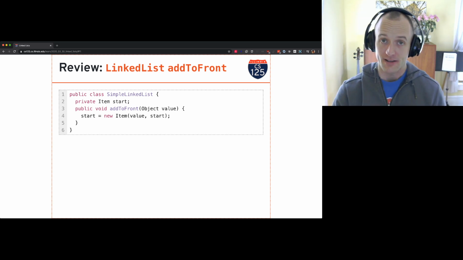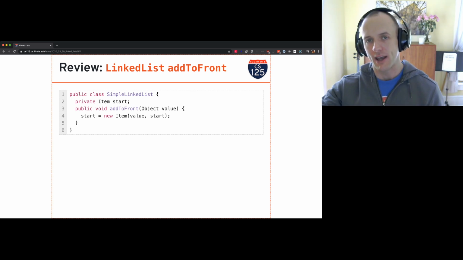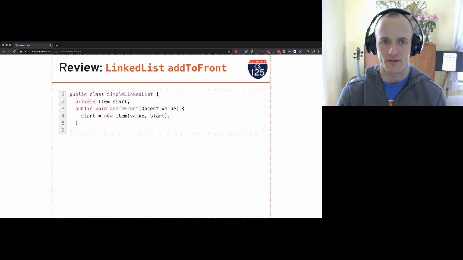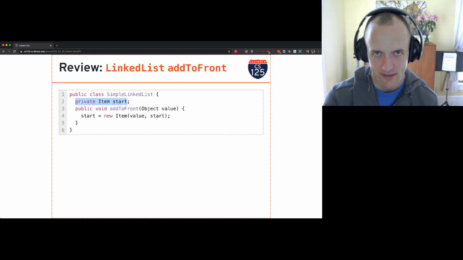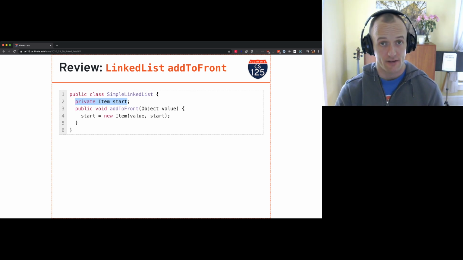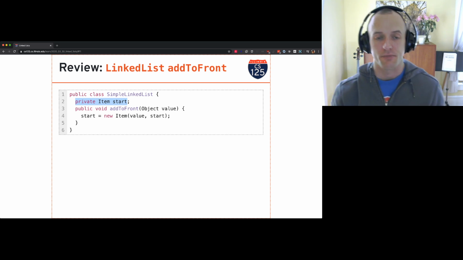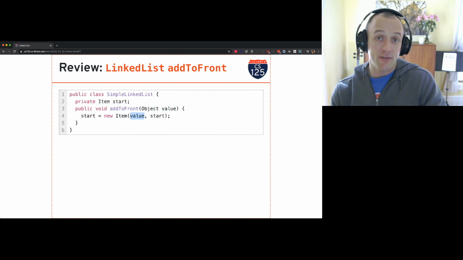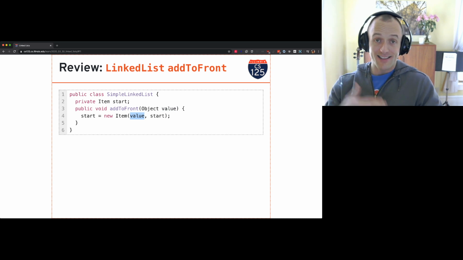This is add to front. It's a special case of add. It doesn't handle every case of add because it only handles the case where I'm putting the item in the front of the list. But look at how simple this is. All my simple linked list maintains is a reference to the first item. That's all it knows about the list, where the first item is. Then when I want to add an item at the beginning, I pass in a value to my add to front call. I create a new item with that value,